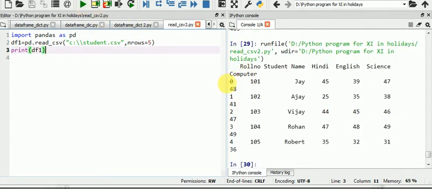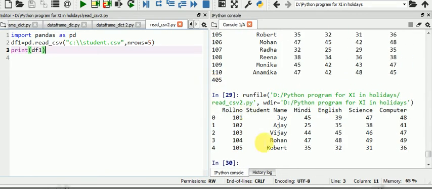So it reads only your 5 rows, row numbers 101 to 105. With the help of nrows you can give the value of how many rows you want to read from your CSV file.